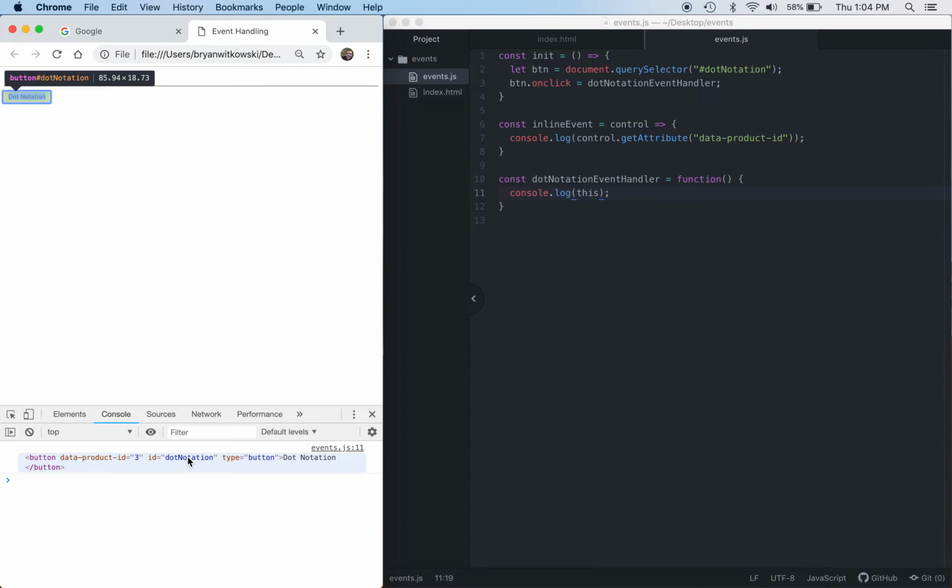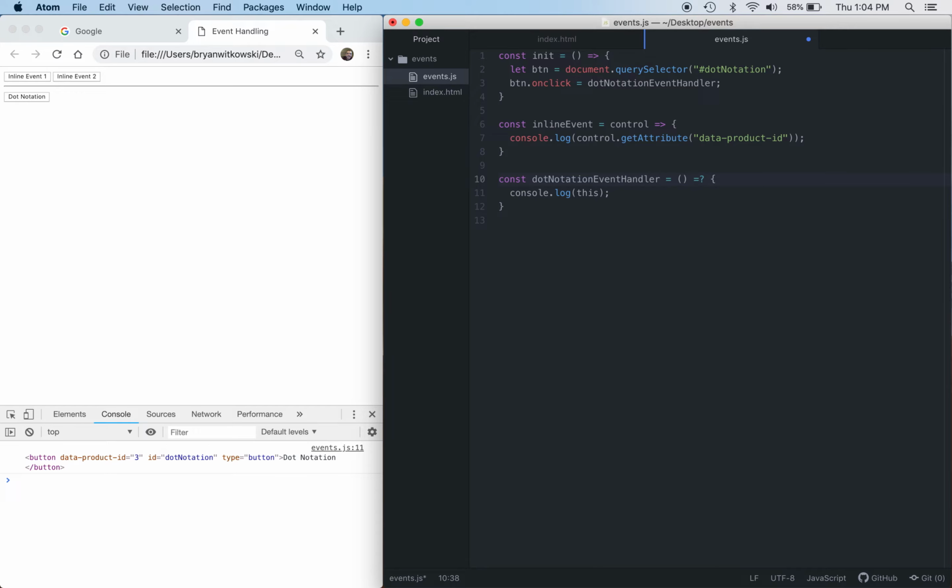That's built into JavaScript. Because I'm using a dot notation event handler, and this function that I just defined is triggered as a result of that click action, this keyword is automatically going to reference the control that triggered the event. In this case, our button with the dot notation text. I said this goes back to the video when we were talking about modern functions. Modern functions work exactly the same way as functions, with the one exception that I'm going to show you right now. So if I use a modern function,